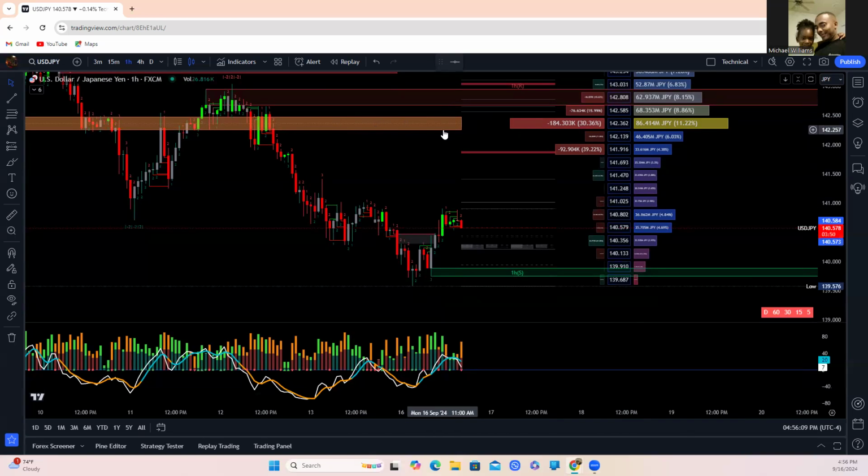What happens is, if price comes back to visit it, more than likely it's going to reject, right? This is the high volume area on the chart, and this is where the majority of the orders are resting for the big players. So they're going to possibly come in again, just depending, and reject again, because once they're ready for the market